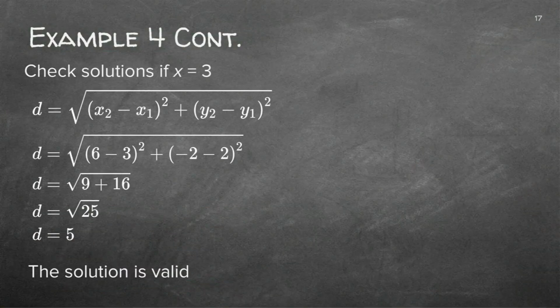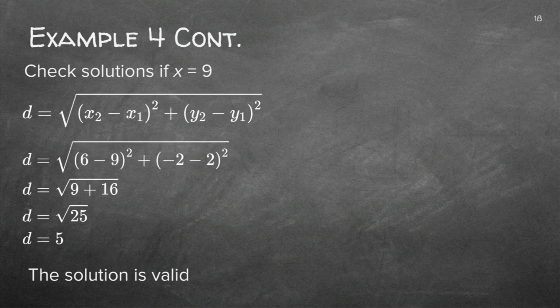Once you've got your x's, you can either go and replace the x with 3, which we did there, and we can check if we get the same answer, or you can go and check the x with 9 there. You just fill it back into your original formula and check if you get the same answer, and the minute you've done that, you are very sure.